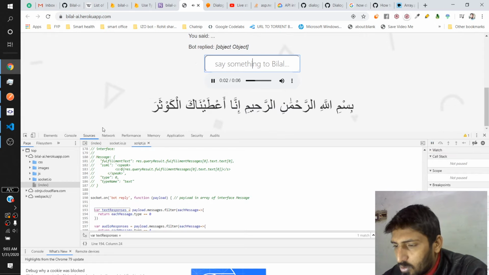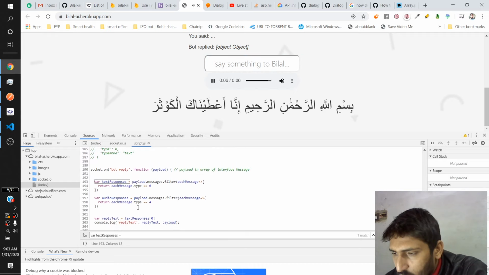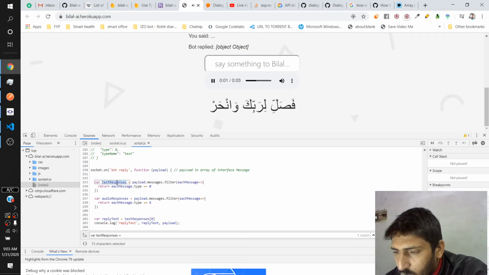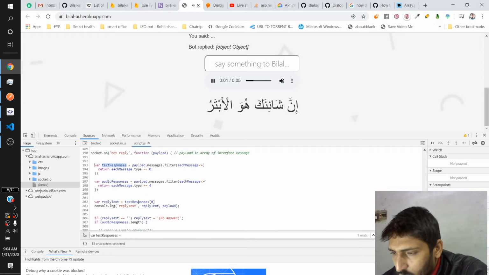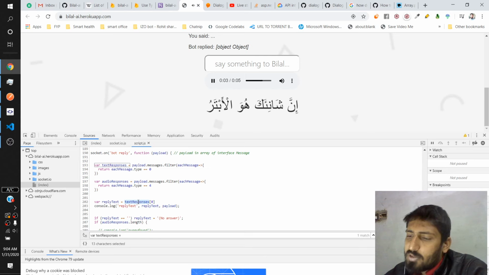إنا أعطيناك الكوثر فصل لربك وانحر إن شانئك